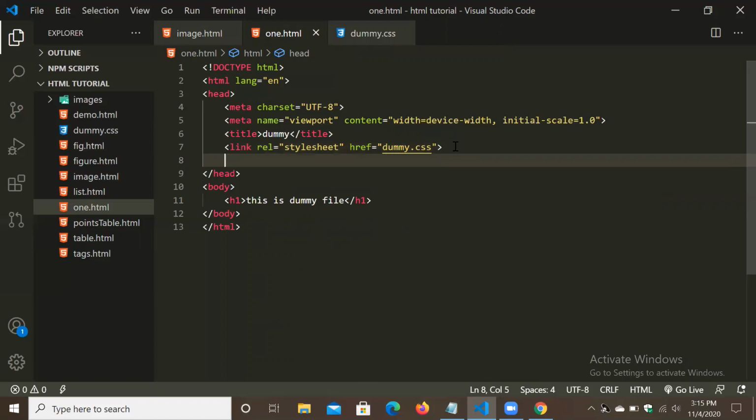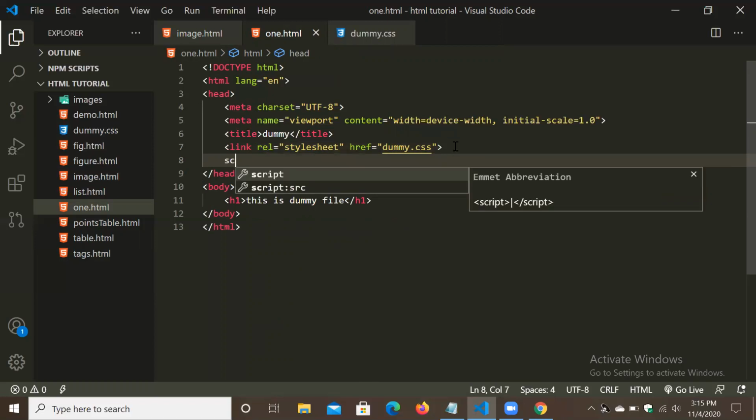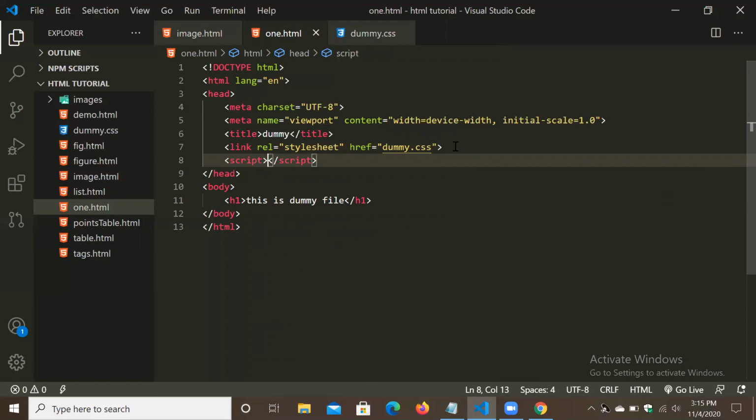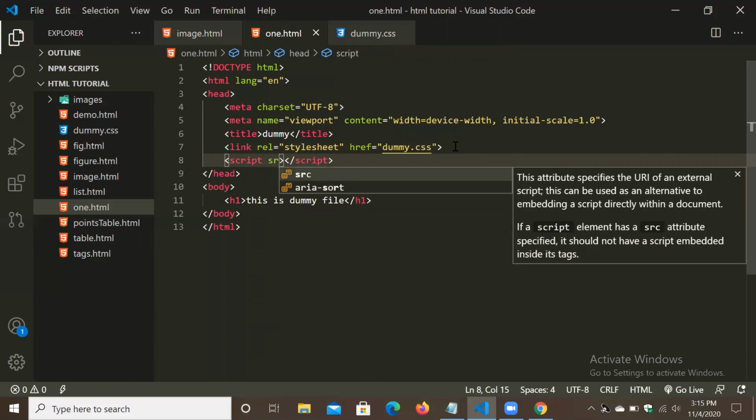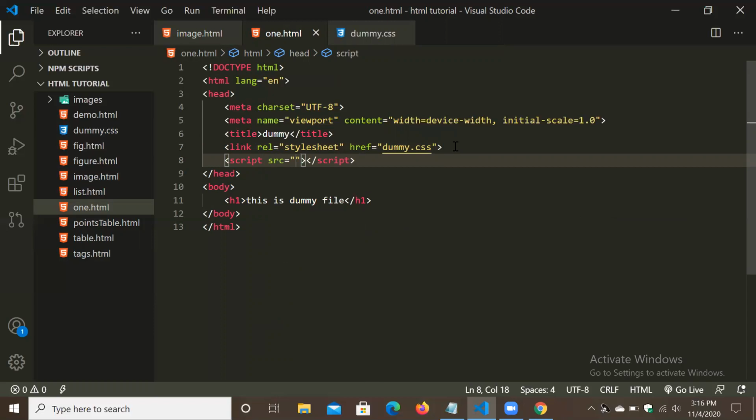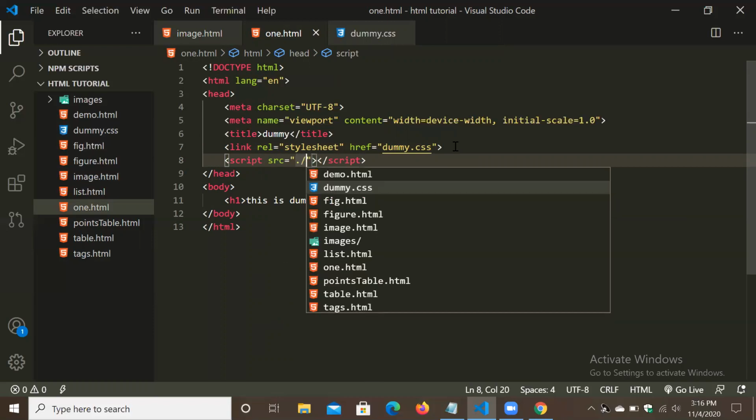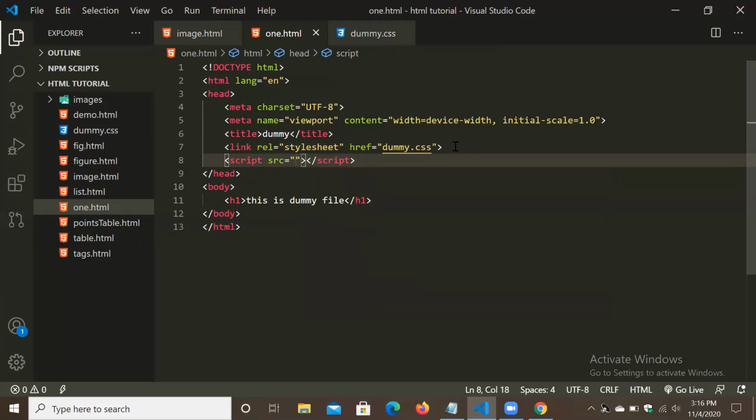we can add external JavaScript. For that we have to use the script tag. We have to add the script tag, and then use script src equal to the name of the JavaScript file. For example, do we have any JavaScript file? No. Okay, no problem, we can create one.